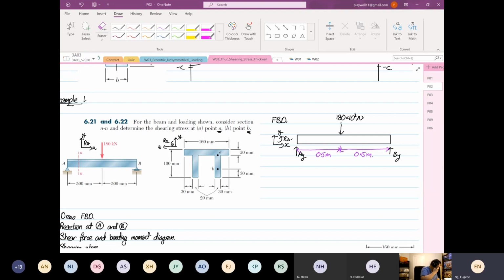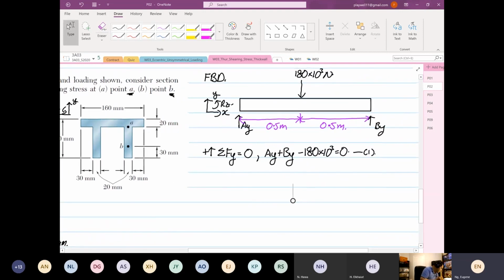So when that's the case, we can go for static analysis. Summation of forces in the y direction will be equal to 0. Then you have AY plus BY minus 180 times 10 to the power 3, the whole thing is equal to 0. So this will be your equation number 1. Okay, so from here we know that based on symmetrical loading and geometry